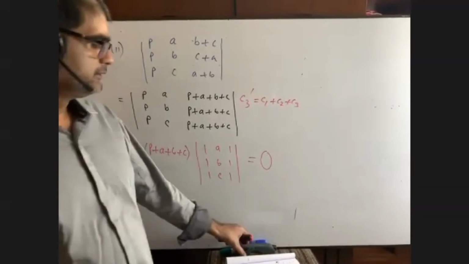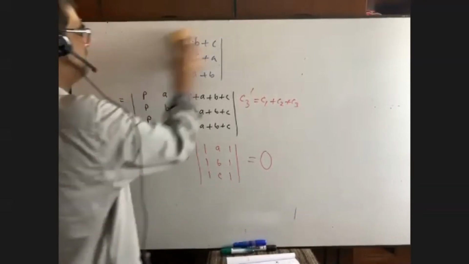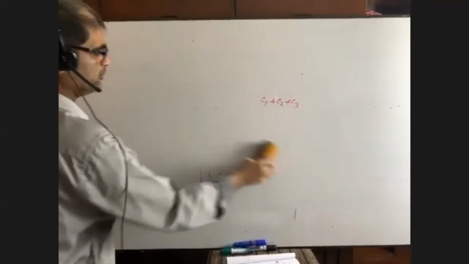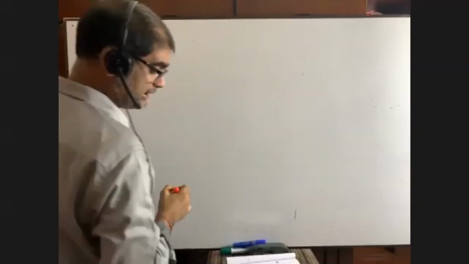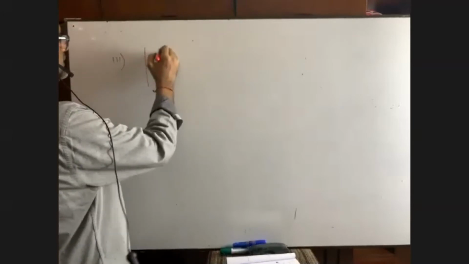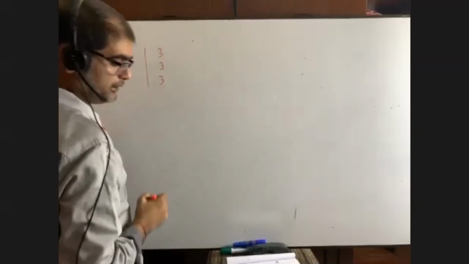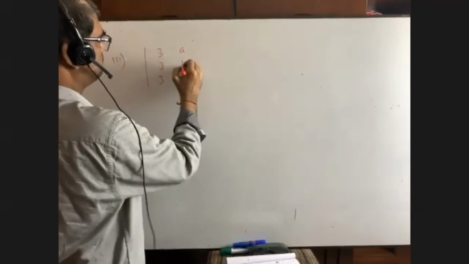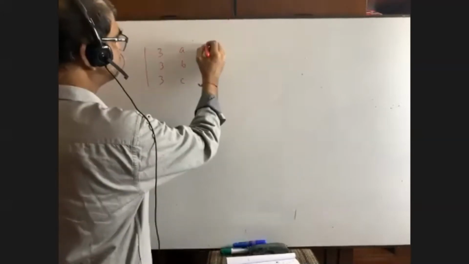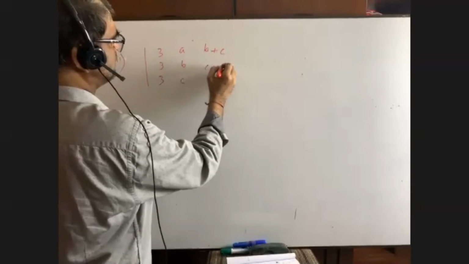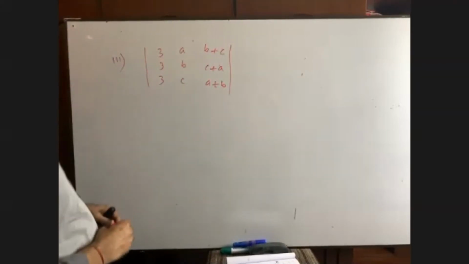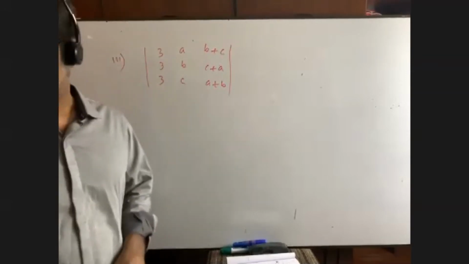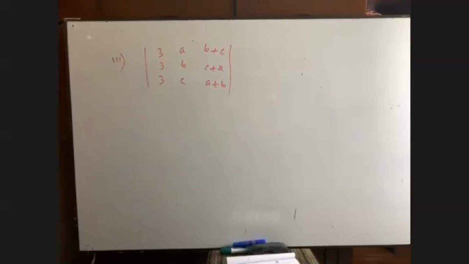Yes, sir. Okay, now I want to give you another math on the same category. You see question number 3 of 2, same category. The left hand side is 3, 3, 3, and A, B, C, A, B, C, and B plus C, C plus A, and A plus B. Can you do this math within 1 minute? Answer is 0. Please do it within 1 minute. Same math that I did.